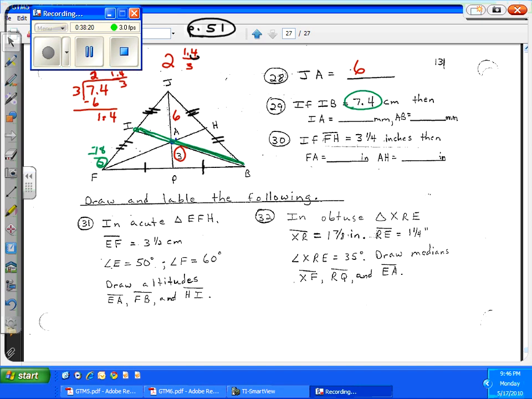What you do to fix that is you move your decimal 1 and you move your decimal 1. So now we have 2 and 14/30. And then we reduce by dividing by the greatest common factor 2. And so we get 2 and 7/15